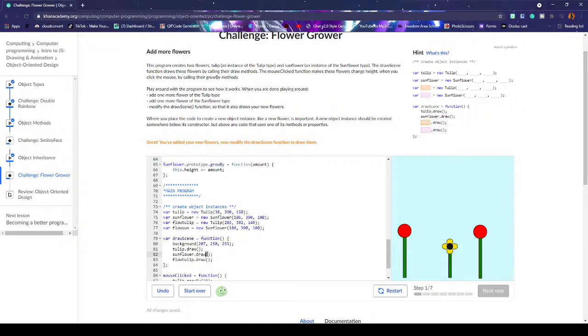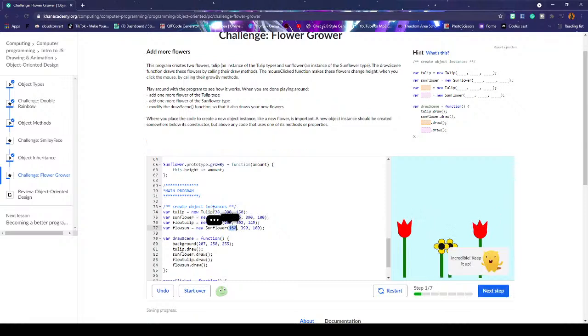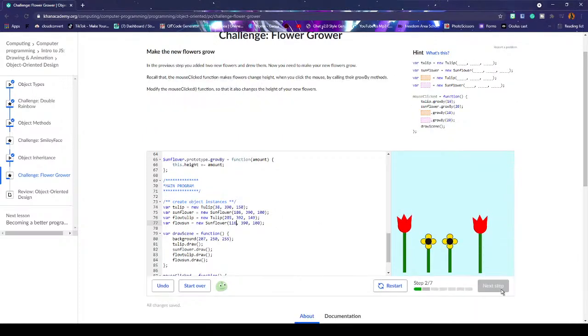And sunflower, and then flow sun dot draw. Now change the positions. Yeah, so it says incredible, keep it up. Okay, so